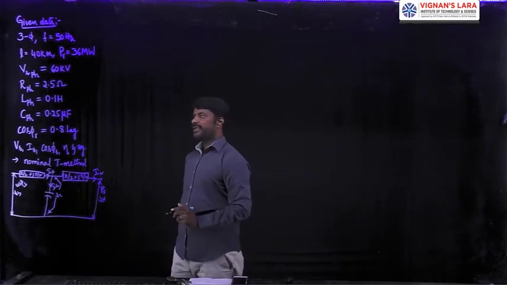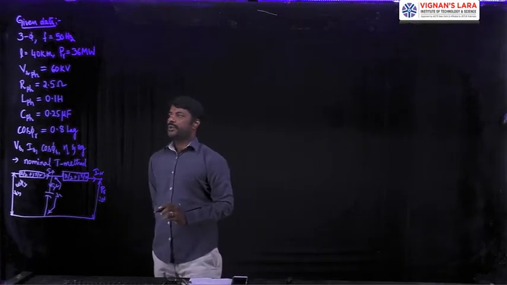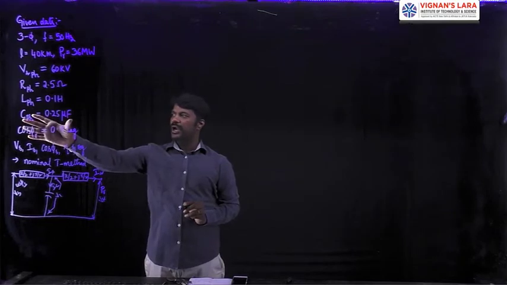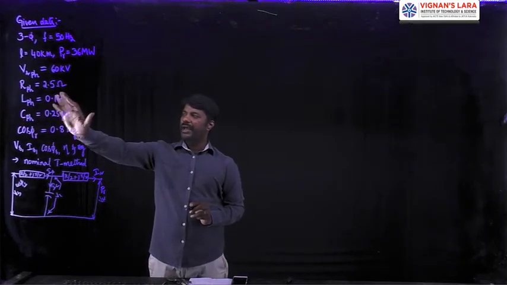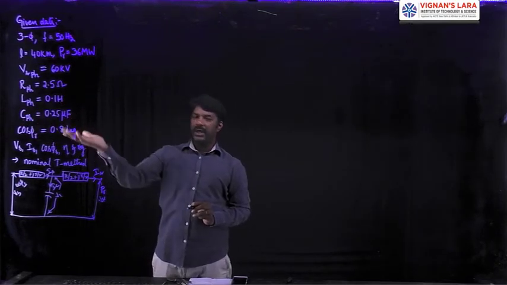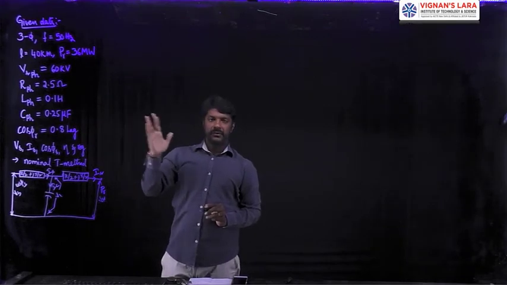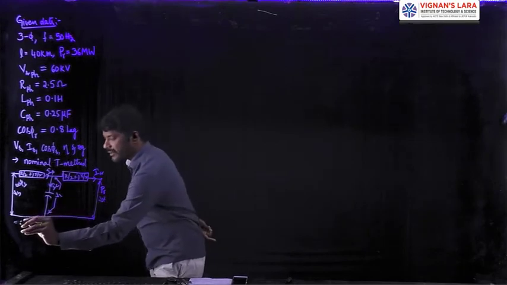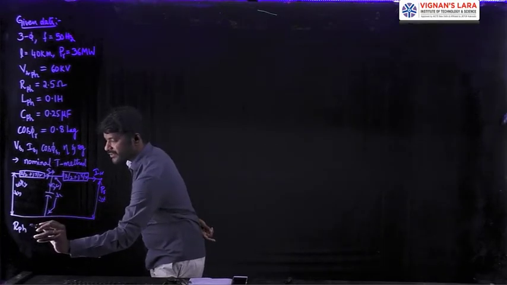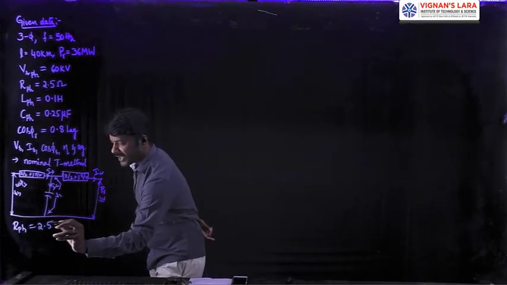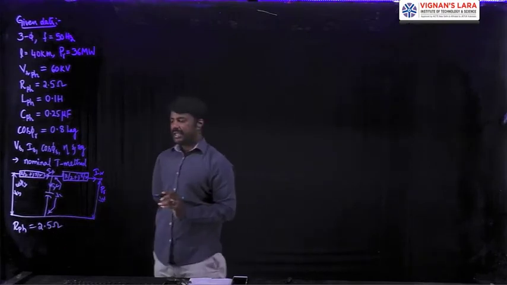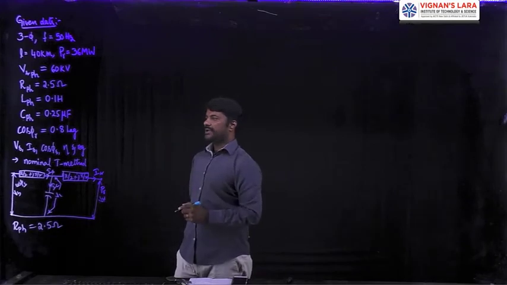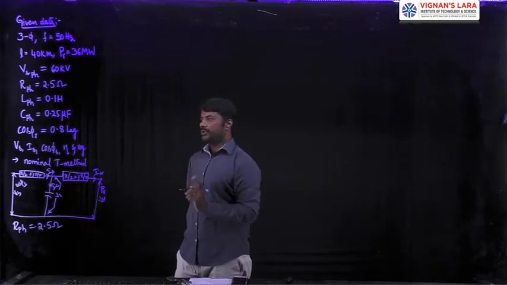Before going for the solution, everyone should know that the magnitudes of the transmission line constants should not be defined in their own values as henries and farads. We have to convert them to ohmic values. So let me calculate that. The resistance total value is R phase, which was given directly 2.5 ohms, doesn't require any modifications. Whereas for inductance and capacitance, we have to convert that henries and farads to ohms.